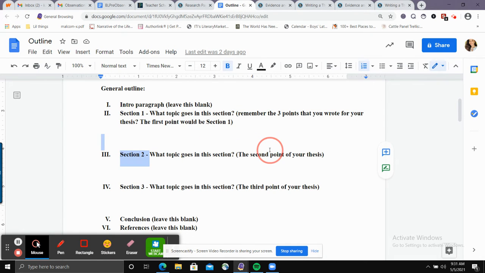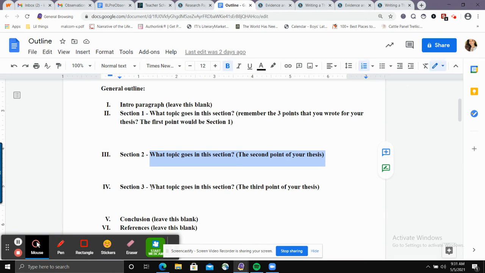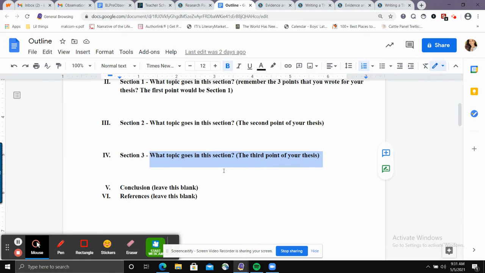And then what topic goes in the second section of the paper? It would be the second point of your thesis. So I would go back, okay. They haven't been able to feel it. It can be concluded that the lack of good role models can obscure the path of youth. So you might want to summarize some of the points if you need to make it shorter. So maybe this can be summarized by the lack of good male role models. And I would put that as my second section. And whatever the third point is in his thesis would go here. And you can see I included leave this blank,